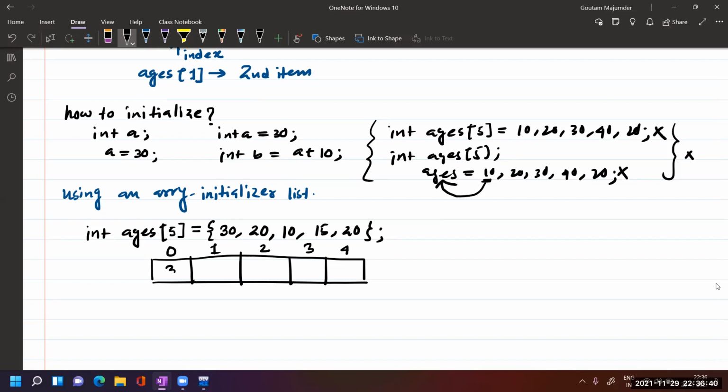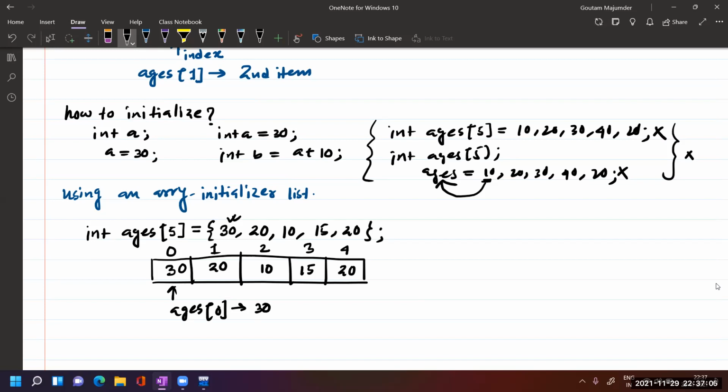Now their values: 30 will be given to the first location, 20 the second location, 10 the third location, 15 the fourth location, and again 20 in the fifth location. Now what is the name of this value? We write ages of 0. What is its value? Its value is 30.